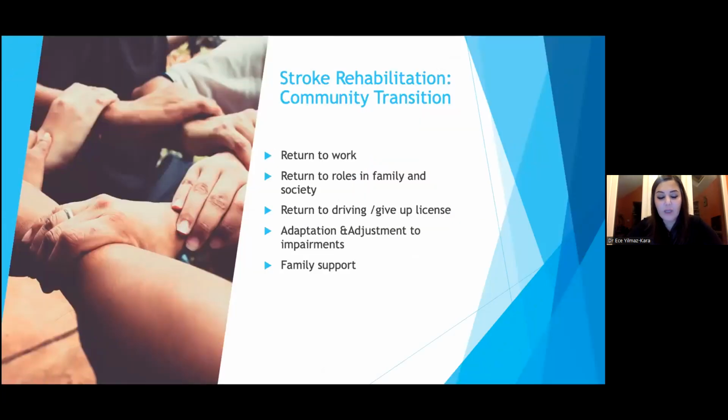Community transition. So we may be looking into transitioning our patient into the community in early phases. Not all of them end up in hospital and inpatient rehab units, but some of them do. But community transition, if they're of working age, we must consider return to work, usually with a phased return if they're able, or adaptations in their roles, or return to school if they're going to school, and roles in family and society. Role as a mother, role as a father, as a child, as a friend, as a husband, wife, etc. And return to driving and give up license if they can't, or go for a thorough driving assessment for adaptations. For example, we can go for a hand-controlled car, or other adaptations